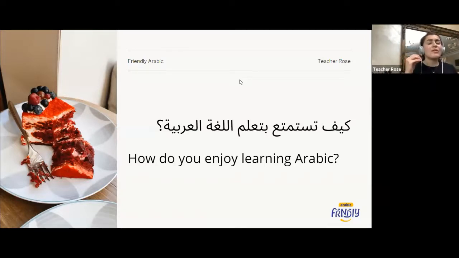Because this is a key element, it's very important to enjoy what you are doing. So it seems like the best way is to try to figure out and test different things. Test this and that and that, and with time you're going to find out which one makes you enjoy it the most. So back to this part about enjoyment.